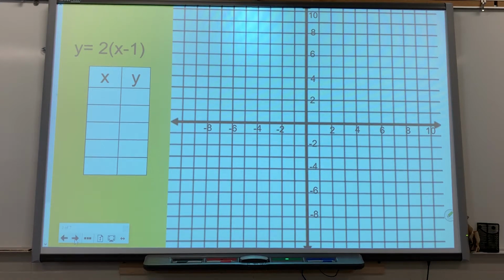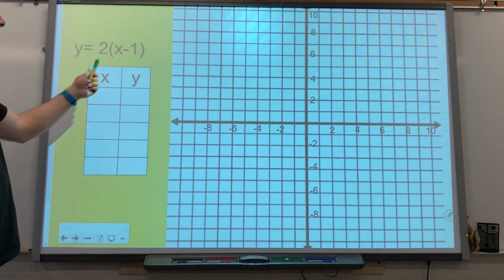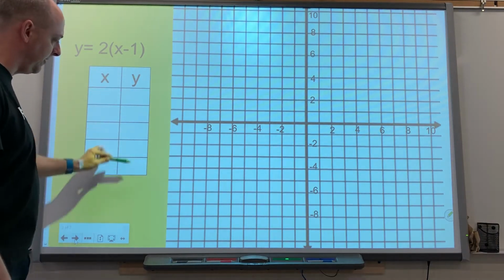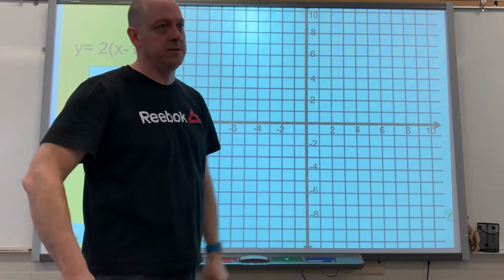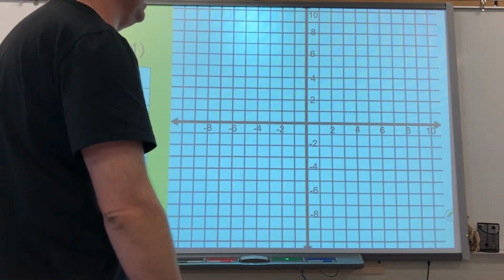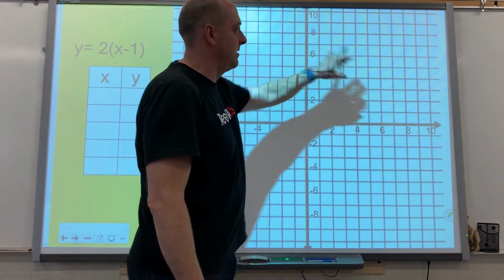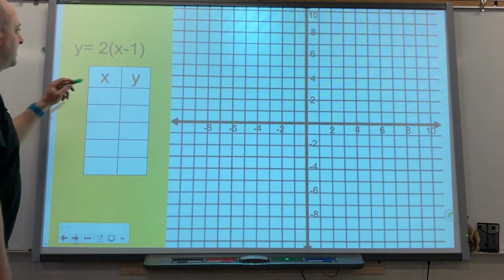So we're back for part 2 of graphing linear relations, and this time we have a different type of equation, but we're going to do the same thing. We have an equation, we fill out our table of values, we transfer it onto the graph. If it makes a straight line, then it's a linear relation. So we've got this Cartesian graph again with the 4 quadrants,